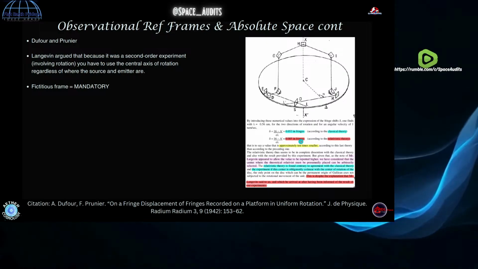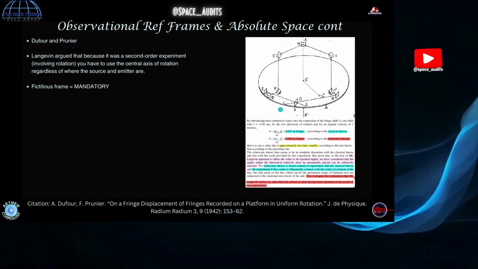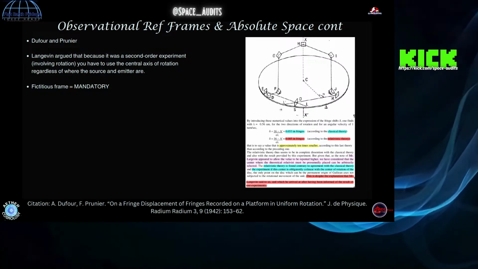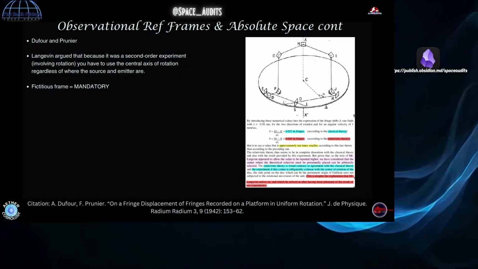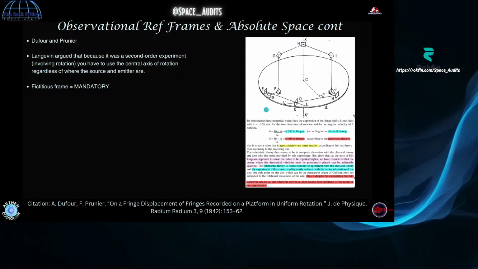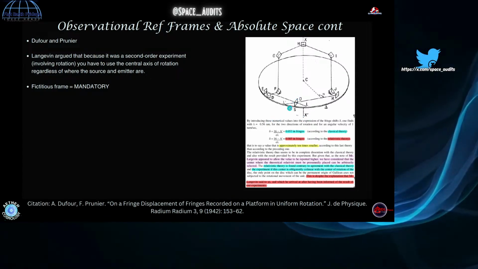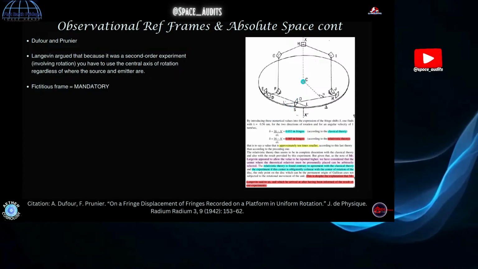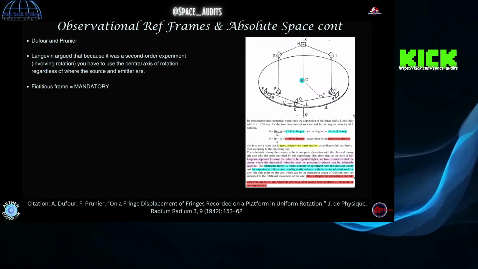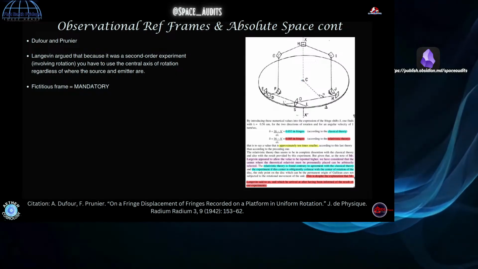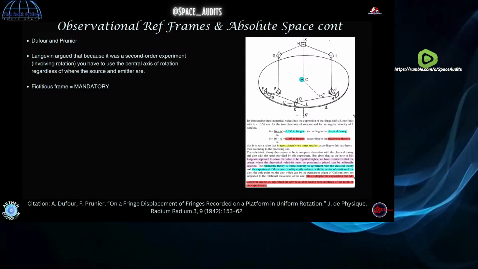And Paul Langevin again goes on to comment and say, well, we have to use a preferred frame because we're dealing with rotation and gravitation. And that's really the only way that it makes sense to do it in the general theory. So he just chalked this up to a big L and said we have to use this preferred frame. So the preferred frame, remember the instrumentation isn't at the center of this device. So when they put an observer at the center here with coordinates arbitrarily, they say arbitrarily, but there's no other way to answer this.